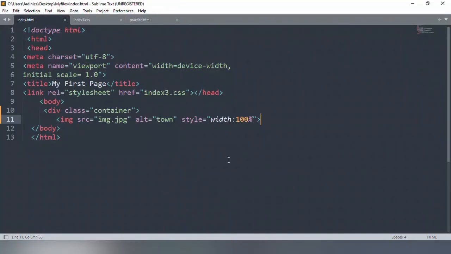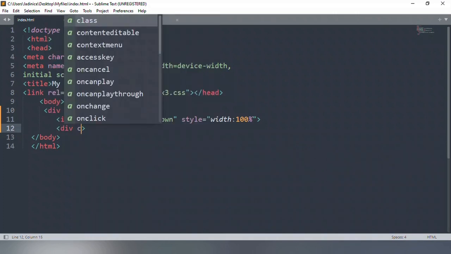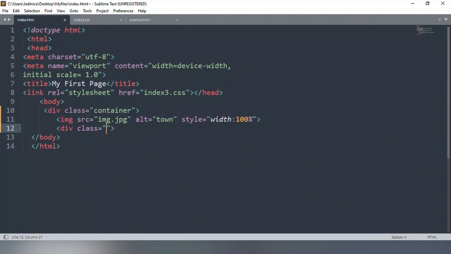So we're going to then add another div, class content, and then we'll add our h1 element. We'll write headings, and then we'll add h3 and paragraphs first, and we'll add hello world.